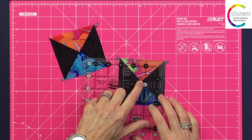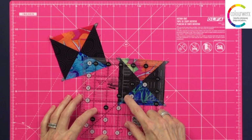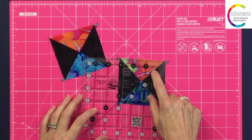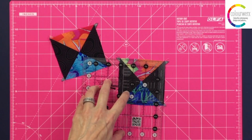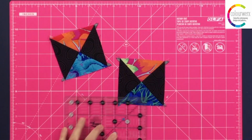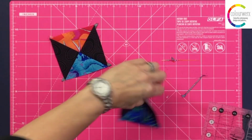But regardless, once you've got that blue dot, that mark directly in the center of your quarter square triangle, line up the diagonal line of your square ruler across your diagonal seam lines here. And then you're ready to start squaring down. And you can see with this method, I'm taking off just a little hair on either side. I'm going to flip it now